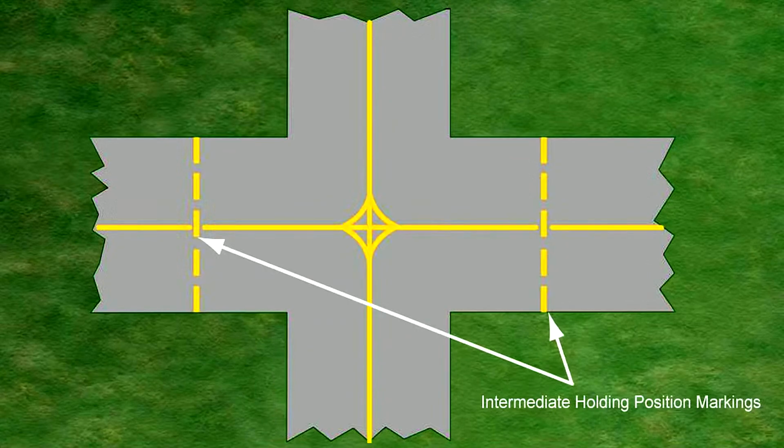A taxiway intersection marking should be displayed at the intersection of two paved taxiways, where it is desired to designate a specified holding limit for aircraft approaching the same intersection. It shall consist of a single broken yellow line.